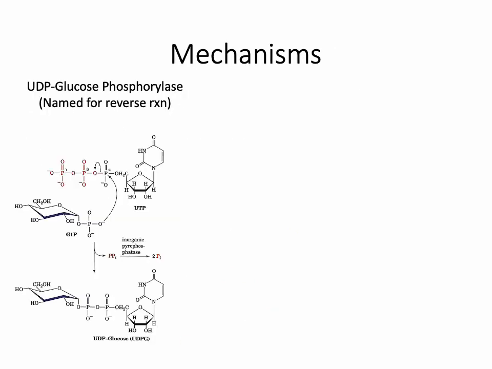The first step of this reaction, to convert glucose 1-phosphate back to glycogen, is UDP glucose phosphorylase. This enzyme is named for the reverse reaction, interestingly enough. In this enzyme, we start off with a glucose 1-phosphate as well as a UTP energy source. Our glucose 1-phosphate carries out a nucleophilic attack on the alpha phosphate, in other words, the phosphate closest to our UTP, shown over here. This results in the production of our UDP glucose, or uracil diphosphate, linked to our glucose